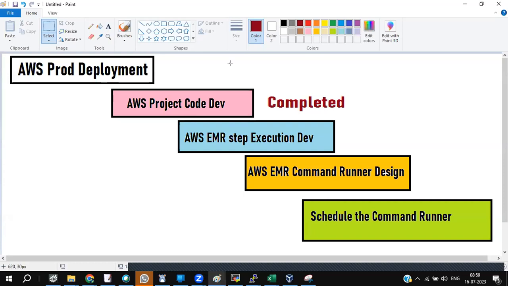But as we deal with the cloud environment, folks, we have to think a bit. Just developing a code doesn't mean that your development is completed in the cloud environment. You should also develop a command runner script.